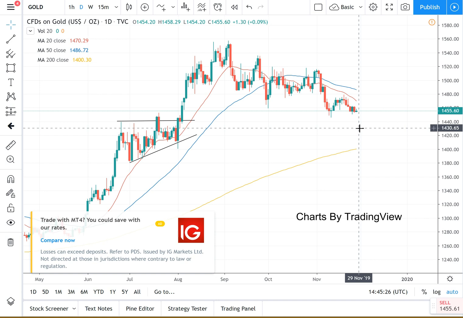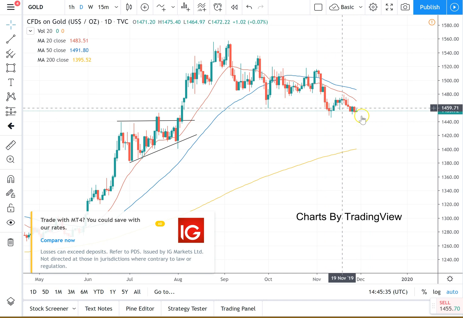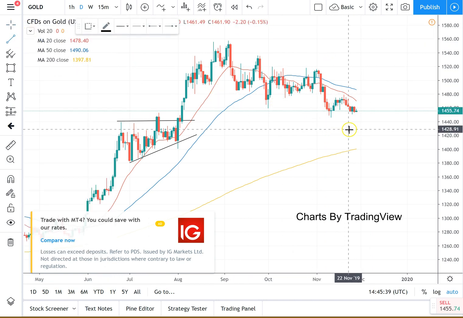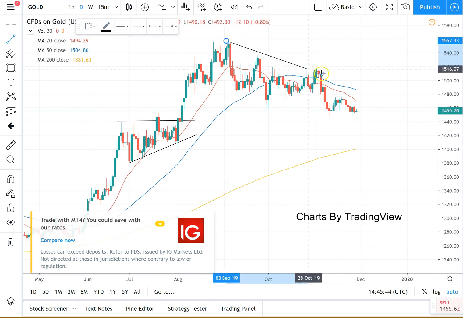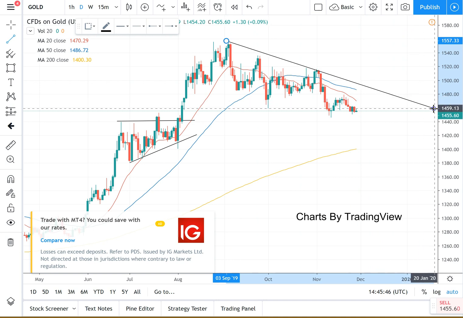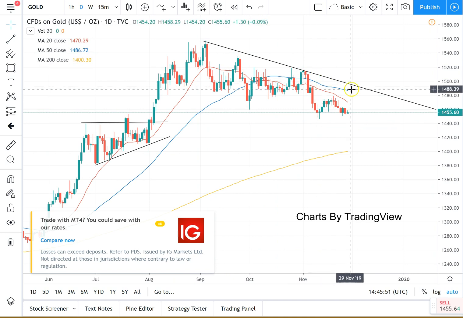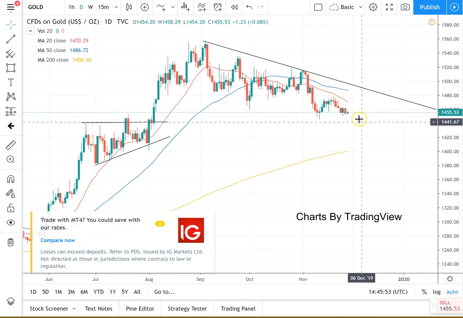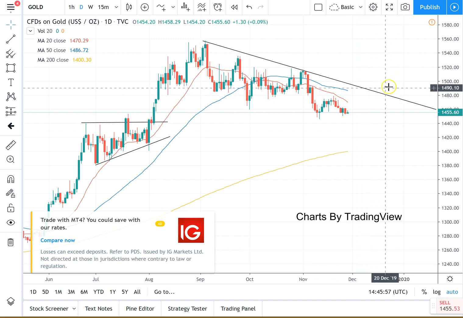So my analysis is based on trends and market stages, but what we can see is that right now is not a very good time to long gold from a daily point of view, and you don't want to short it either. There's quite some support here that may hinder your short trade. Now, what you might want to do is to see if gold can break back above this daily downtrend line, go back above the 20 MA and 50 MA, with the 20 MA above the 50 MA,